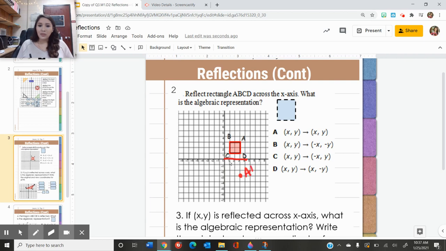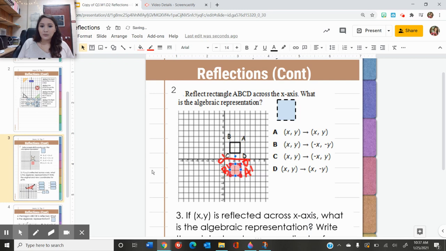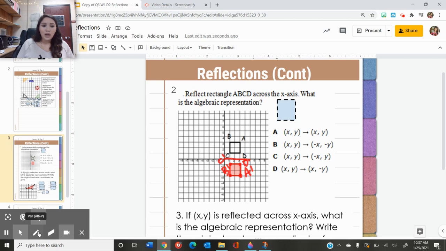Next we have B, it's 3 above, so it should be 3 below. There's B prime. Then we have C, it's 1 above, so it should be 1 below. We have C prime. And D is 1 above, so it should be 1 below at D prime. And now I'm going to go ahead and just move this down. Okay, so now I'm going to pick a point just to show you which value changes. I'm going to use point A. A we have at 3,